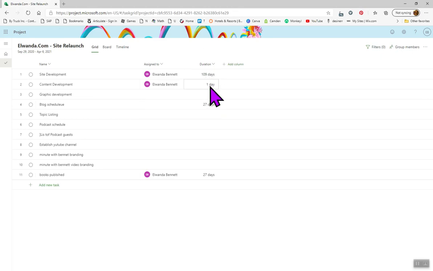This one will take 109 days, and this will take 1 day to do the content development, which is probably not accurate. I'll click on it and fix the days. So when you click here, you can say how long it's going to be, whether days or hours. I'm going to say that's going to take about 56 days. Then I'll hit enter. And you can see I can just quickly go down, and maybe that's a 2-day thing. This topic listing, graphic development could take about 12 days. So just to give you an example, then it'll show you who's assigned to,